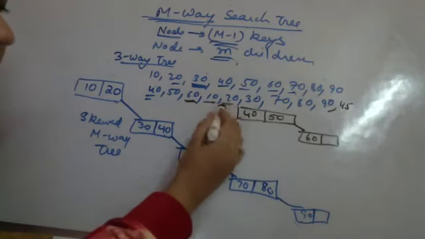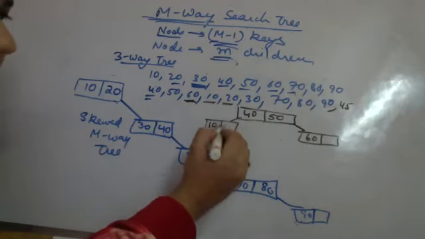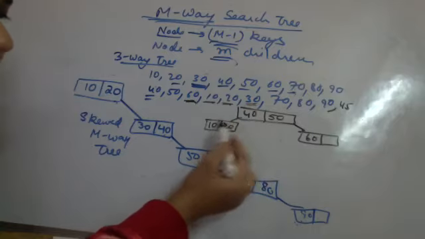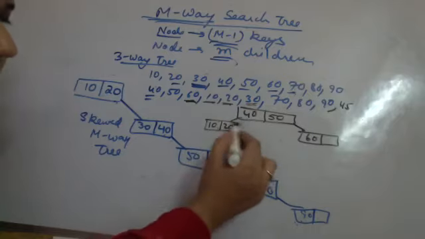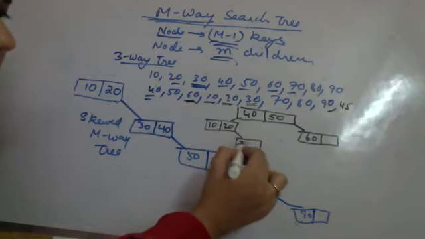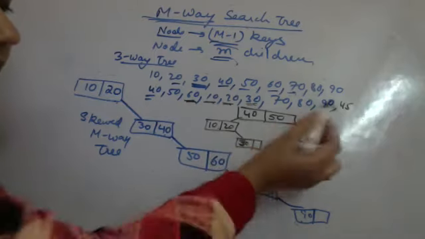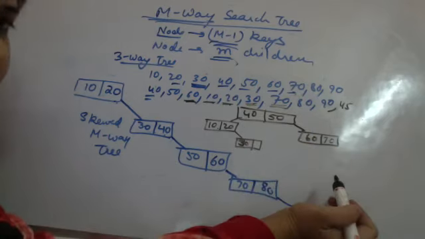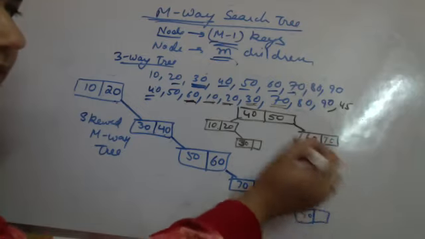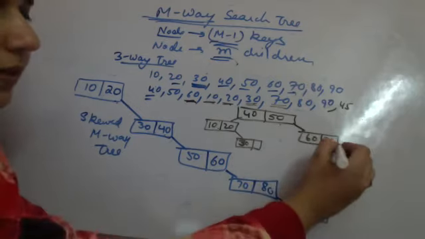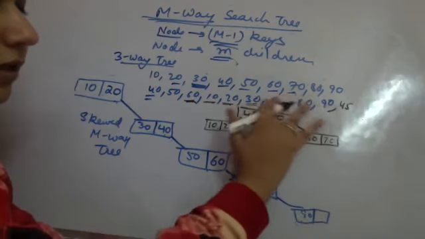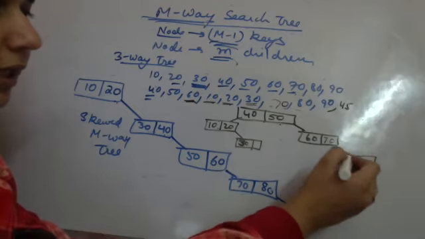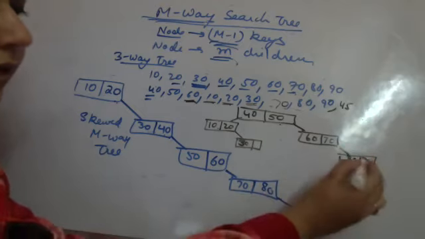After that I have to insert a 20. 20 is less than 40, greater than 10. It is inserted here. I have to insert a 30, less than 40, greater than 20, but no space in the node, so I create a new node here for 30. Then I have to insert 70, greater than 50, greater than 60. Space in node is available, insert. Insert 80, greater than 50, greater than 70. Or supposedly instead of 70, 80 maybe like this only. So I am having the 80 over here. Then 90 would have come here only.